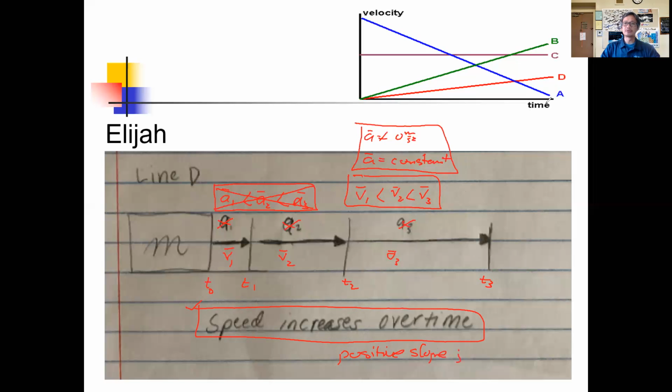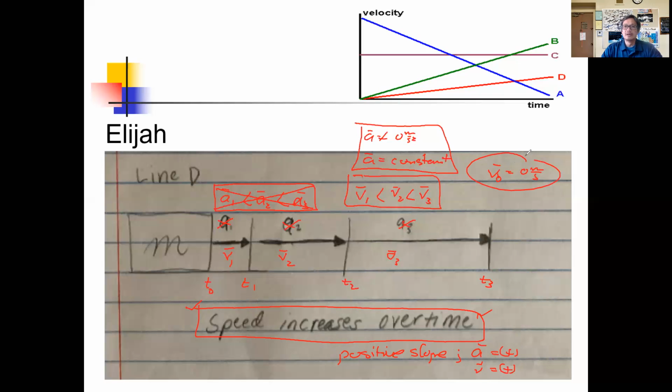But furthermore, what you're going to notice is, if the slope is positive, acceleration is going to be positive. And if you notice here, the velocities will always be positive. So both the acceleration and the velocity have the same sign. That's how we also know that object D is increasing in speed over time. So very good. Elijah got that right. And so with that said, hopefully you recognize that since we're choosing object D, the initial velocity is going to be 0 meters per second. Okay? Now,